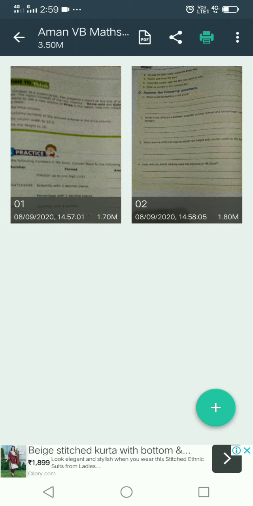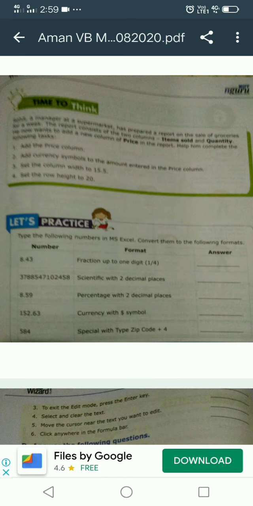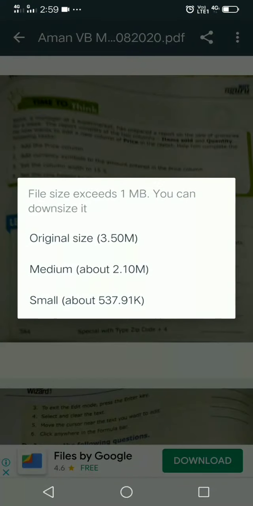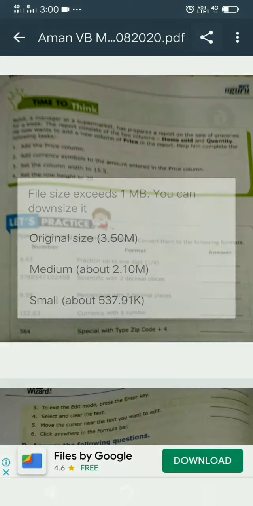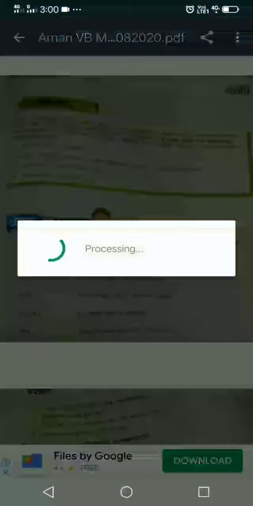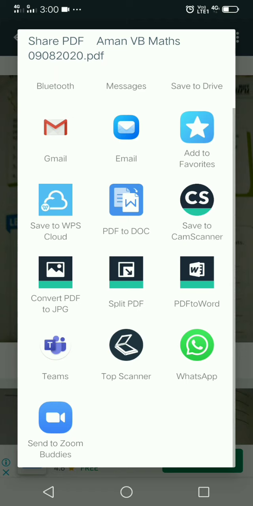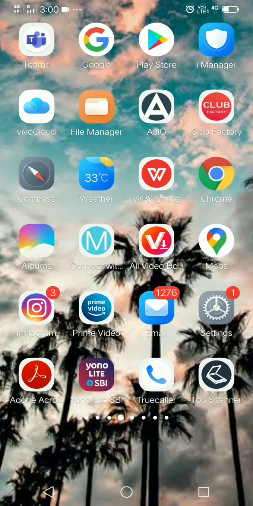Now click on OK. As you can see on the top, the name of my PDF has changed. Now I will click on this PDF option. When I click on this PDF option, my images will change into a PDF. Now I can share it. When I click on this share option, it will ask about the size. Whichever size you want, you can save. For example, I just click on medium. So now your PDF is saved. In this way you can convert any file into a PDF by just clicking photos. Thank you.